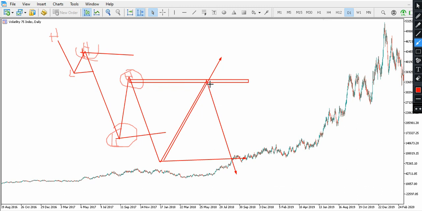Instead of selling, we expect price to come down to the very same order block, and then we'll buy. And so what will be our take profit? Our take profit will be this previous high. Yes, this will be our take profit, because when price goes up, immediately, same as